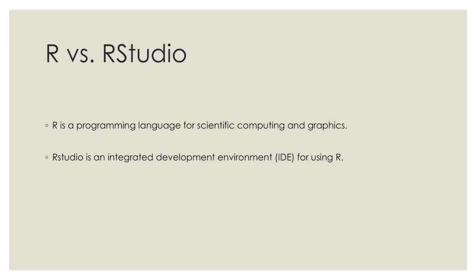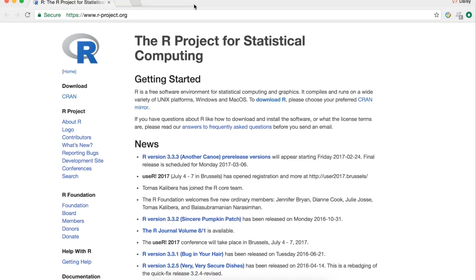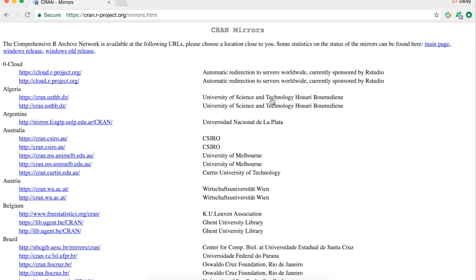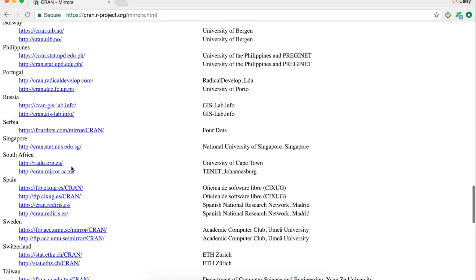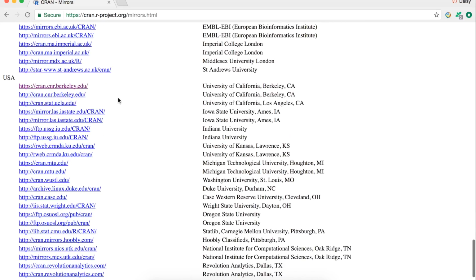So the first step, we are going to download R and RStudio. So basically just click on the link that I posted on the PowerPoint. Now we're going to download R, and it automatically opens the website. So now you can click on download R, and then you go to the CRAN mirror. You choose the United States one. They have so many links, but they're all the same, so it doesn't matter. You click the first one,